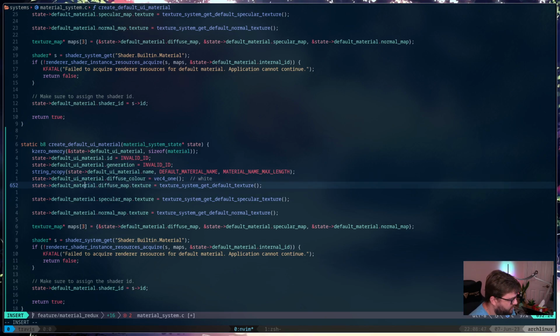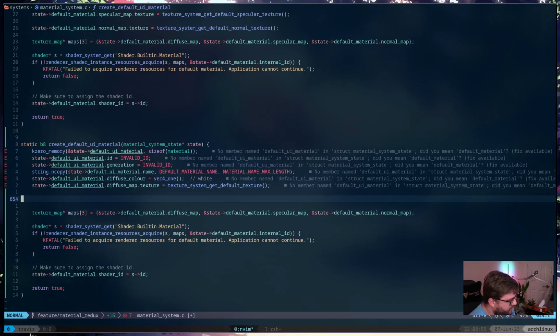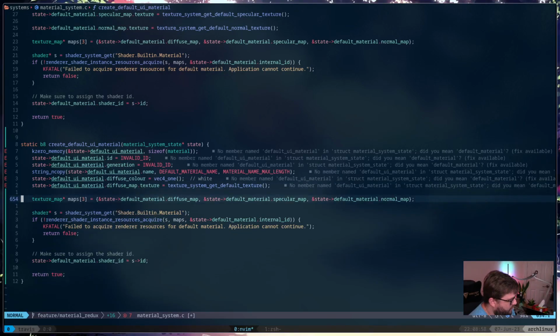And then diffuse map. Right. So we've got these. We don't need this one. We don't need that. Our texture map is just going to be an array of 1, right?